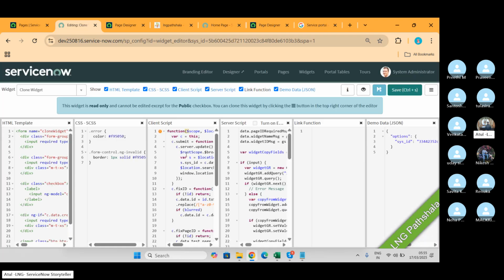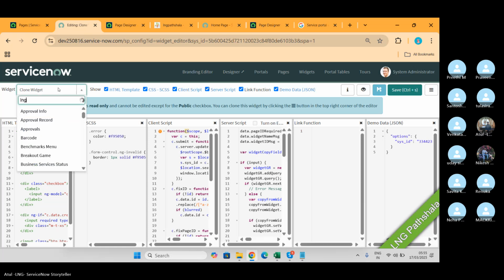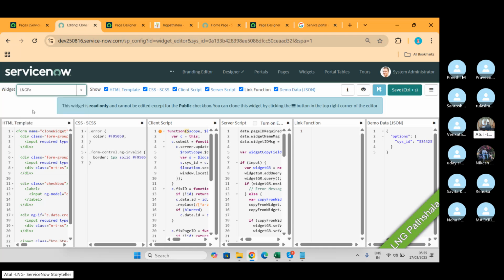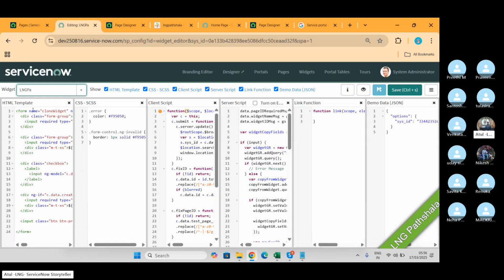वो submit हो गया. Now it is your widget, so you can open it now. And now you can make changes easily. If you know HTML, CSS, you can go and make a change. And if you click, your work is done. You need to add this particular widget in your pages and then you can show them.